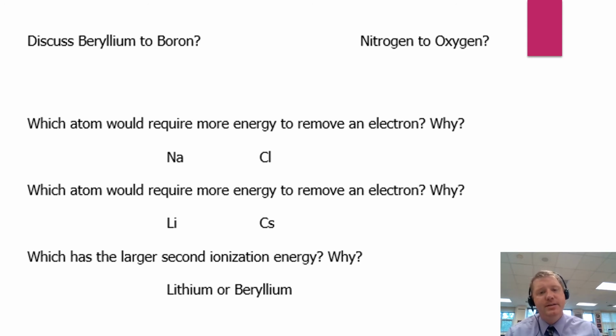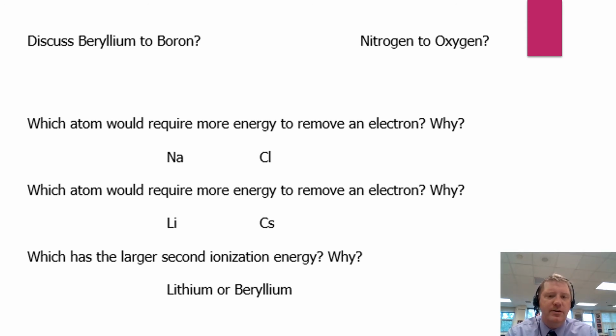Now lithium and cesium. Lithium and cesium are in the same group. Cesium has way more energy levels than lithium, so it's going to be easier to remove from cesium, harder to remove from lithium. Why? Cesium has a whole lot of shielding effect. Each layer of electrons repels the other layer, and so cesium's 6th energy level electrons are going to have a lot of shielding effect on them and be easier to remove. All right, the last question there,